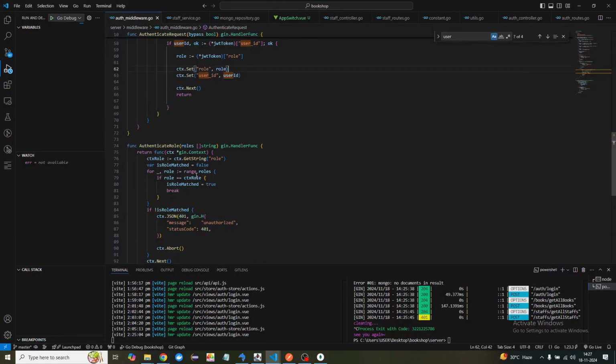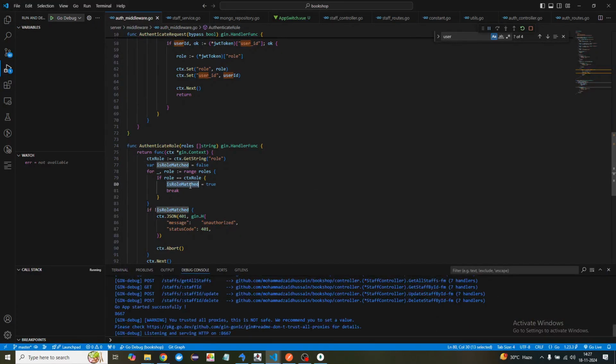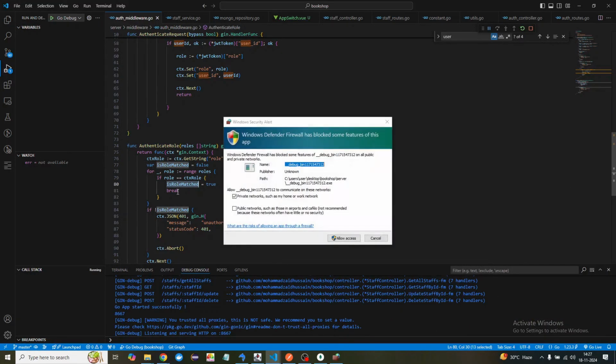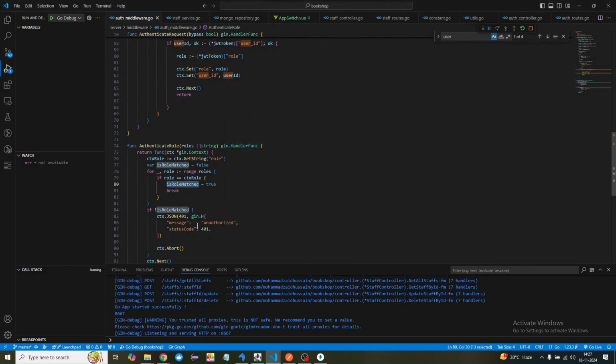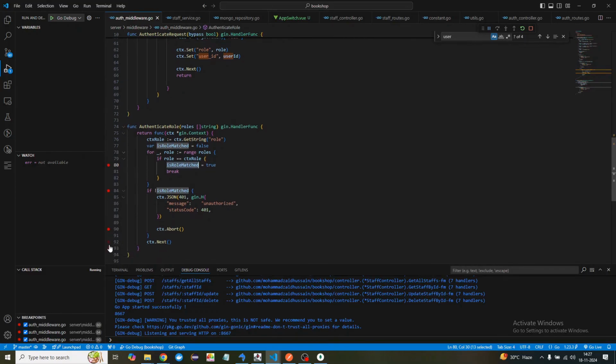So if owner is there, what we are trying to do is take out each of those roles and match it with the context role. If any of the items match, we make role matched true, and then we finally break. And if the role is not matched, then we throw an error, or else if it is matched, we pass this to the next controller function. Then why is it breaking? So let's click on this here and here as well, and then I'll put one breakpoint here, here